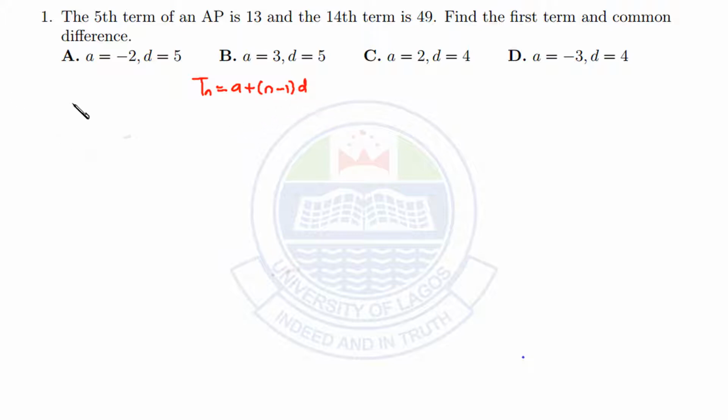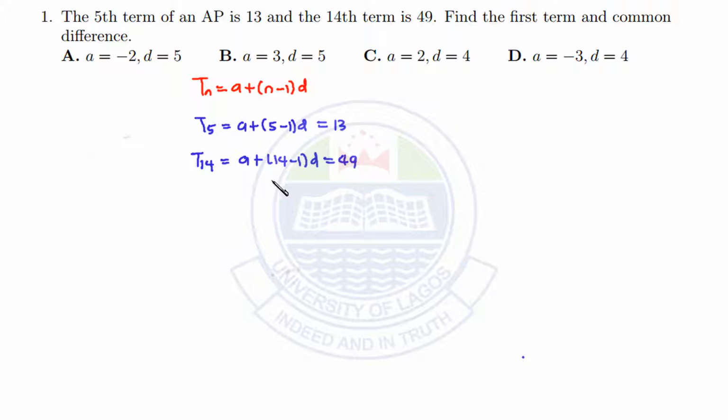Now from the question, they say the 5th term. If you replace n with 5, we are going to have t5, which will give you a plus (5 minus 1) multiplied by your common difference, equals 13. And if you replace n with 14, we have t14, which is a plus (14 minus 1) multiplied by the common difference,